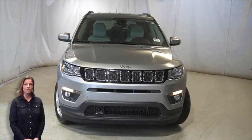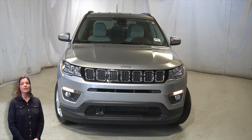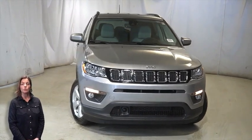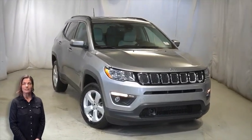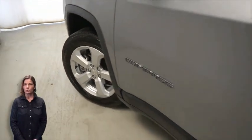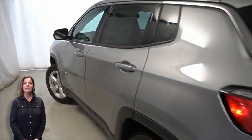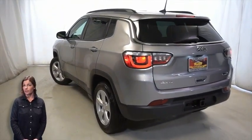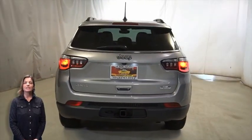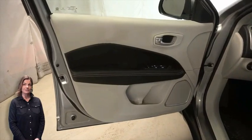If you're looking for a functional compact SUV with reliability and safety for the whole family, then take a look at this certified pre-owned 2019 Jeep Compass Latitude in billet silver. With adaptive cruise control with stop and go, LaneSense lane departure warning, 17-inch aluminum wheels, deep tint sunscreen glass,